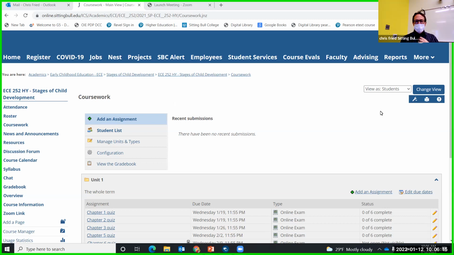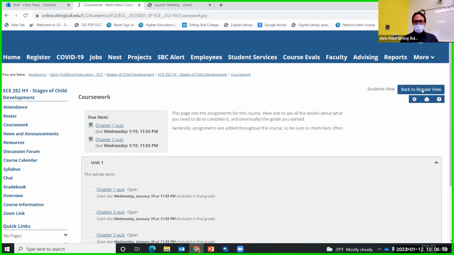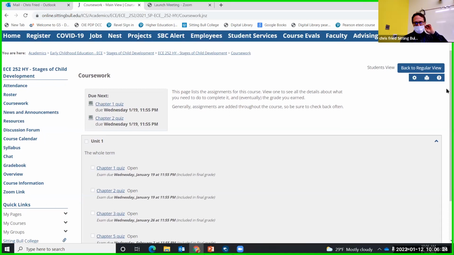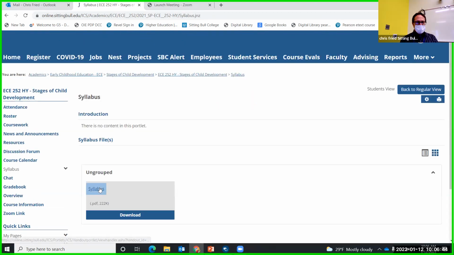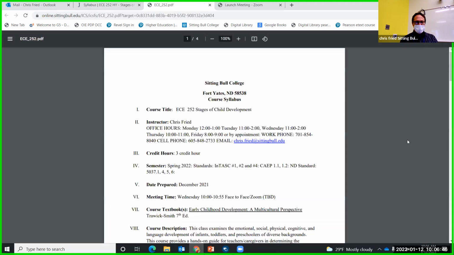I'm in the course shell here of my SBC, and I think you guys kind of know that a little bit. I went through it quite extensively with my other classes. It's the same setup as I have for all my classes. But we're going to go through the syllabus first, and then we'll pop through some of these other pieces in my SBC. Let me pull this up so hopefully everybody can see it.